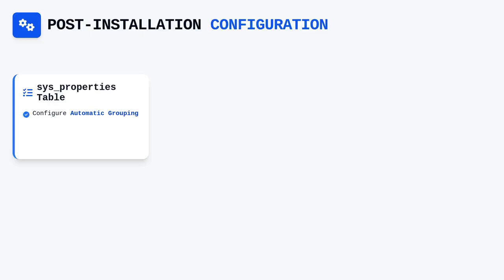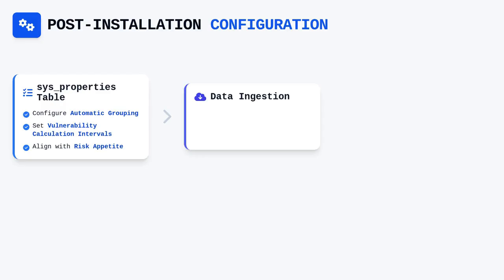Post-installation, your focus must shift toward configuring baseline system properties that govern how the application behaves. Many administrators neglect the SES properties table after installation, failing to realize that these properties control critical functions like automatic grouping and vulnerability calculation intervals. You should systematically review these properties to ensure they align with your organization's risk appetite and technical constraints, particularly regarding